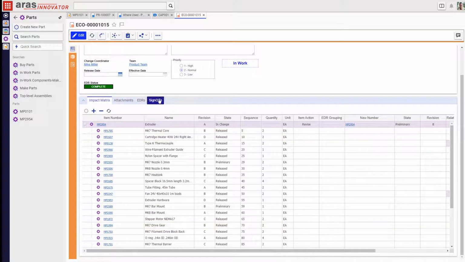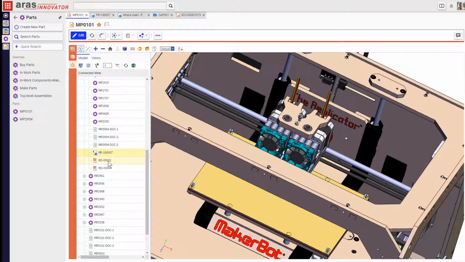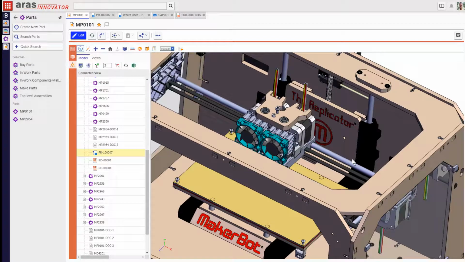Our engineer is slated to sign off on this change, but before he does, he wants to check and be sure there are no other possible causes besides the faulty fan. Using the connection between the engineering change order and all the rest of the data across the Aras platform, he'll navigate this digital thread of information to check out the product's original design, starting all the way back at the